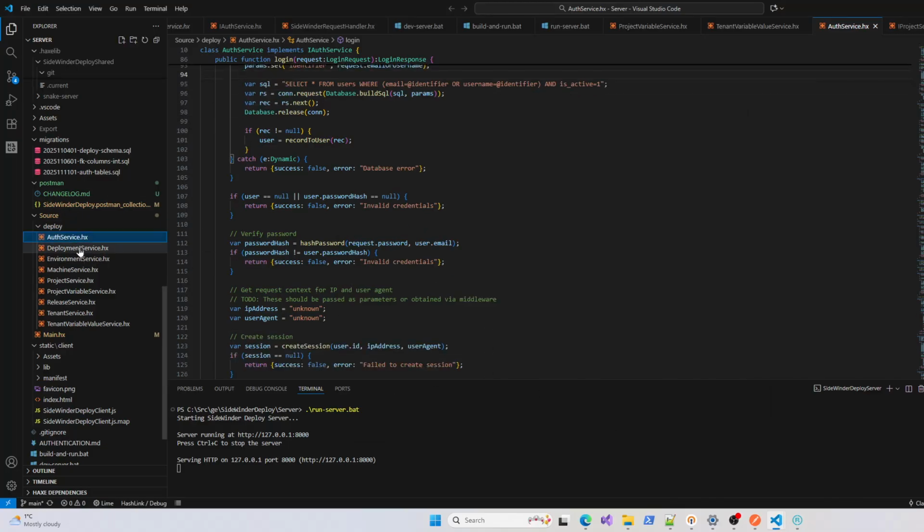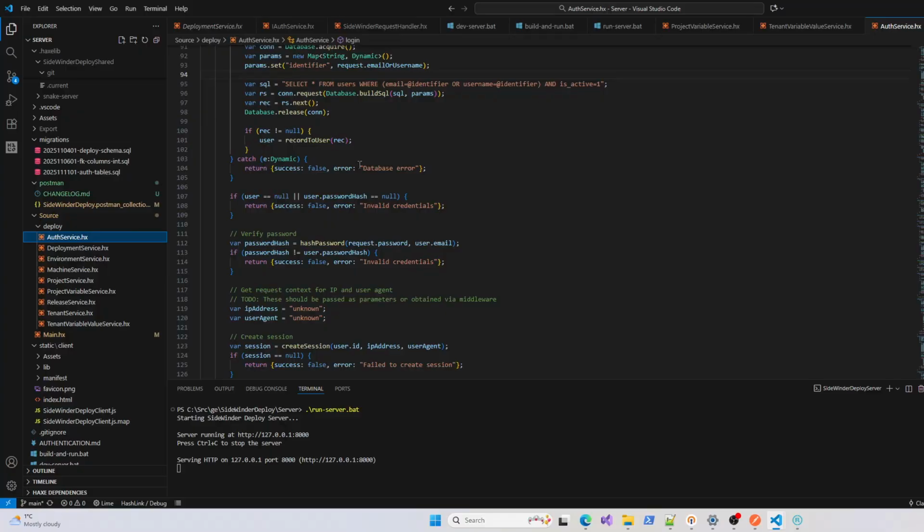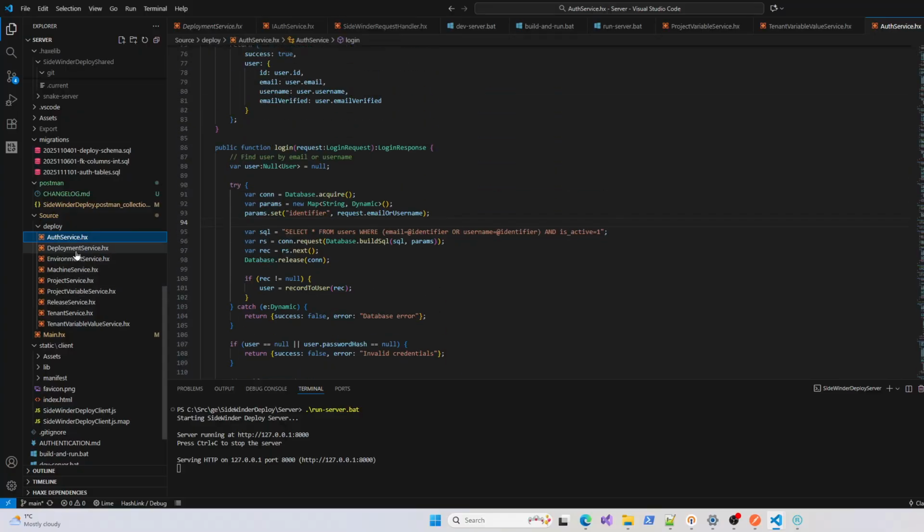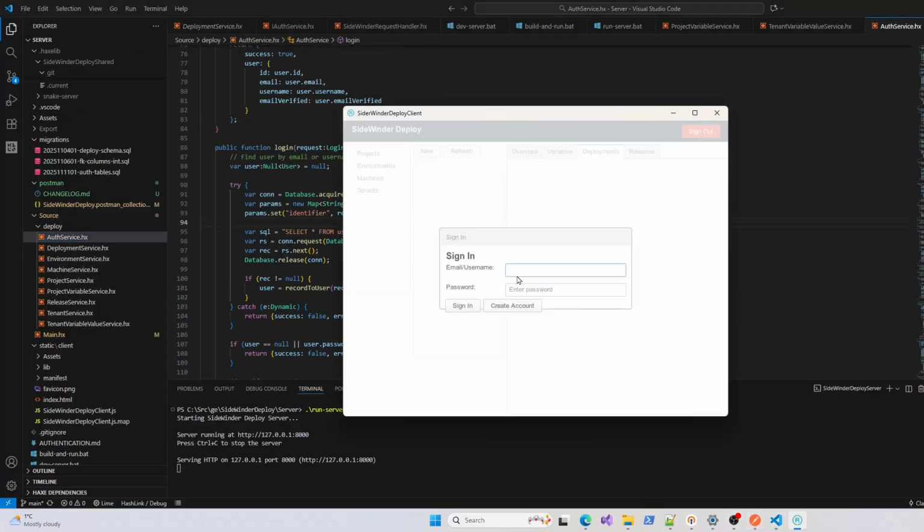The web server behind the scenes is used for reading and writing data to the database, and the client makes HTTP calls out to the web server for getting CRUD operations against the database essentially. So the first thing that happens here is basically the sign-in dialog. I'll do a quick sign in,